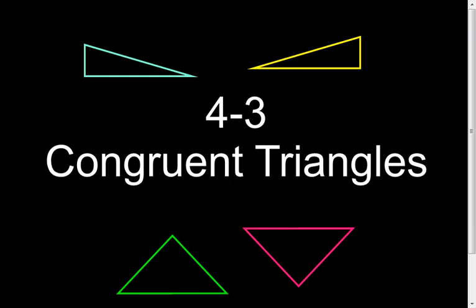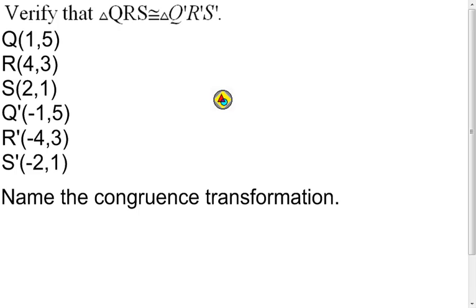Here we're going to talk about congruent triangles, looking at one example. In this example, we're going to verify that two different triangles are congruent. We are going to look at the pre-image and the image. And what I would recommend, if it ever asks you to verify two triangles are congruent like this, and it